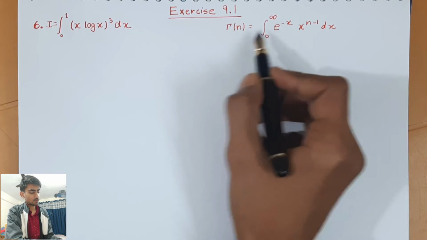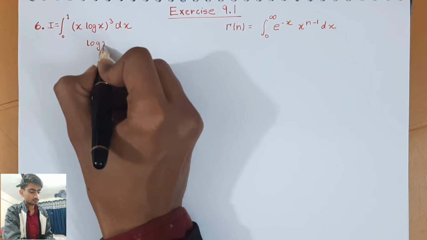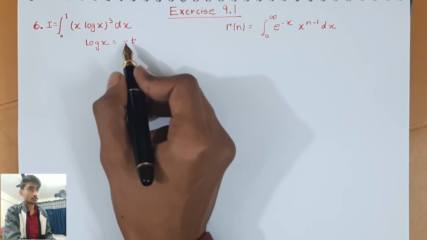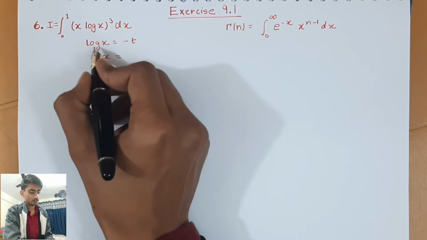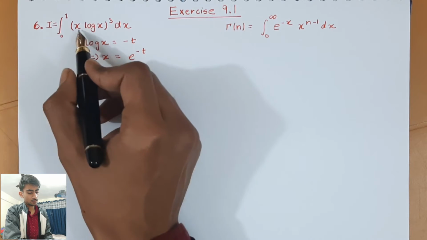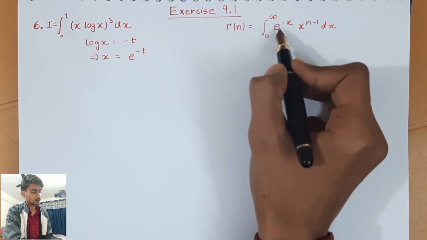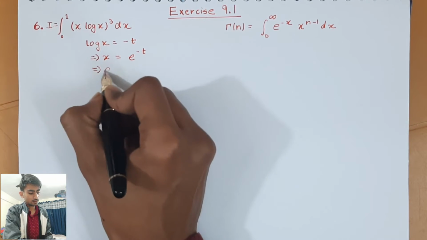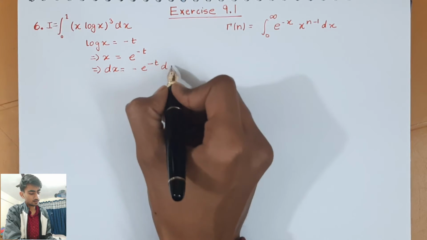So we'll have to apply some substitution over here. So if we take log x is equal to minus t, why minus sign? Let me make that clear in the next step. This implies x would be e to the power minus t. This would mean that in place of x I can write e to the power minus t, and it will somewhat compensate the need of exponential in our question. So what would be dx then? Dx would be minus e to the power minus t dt.